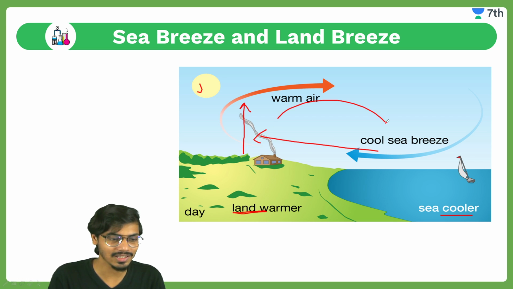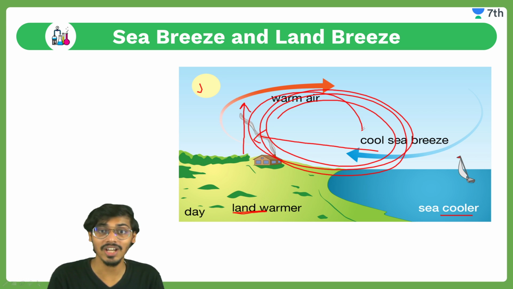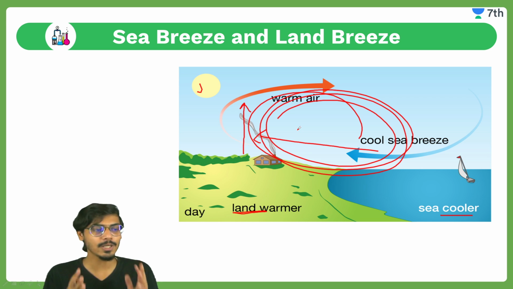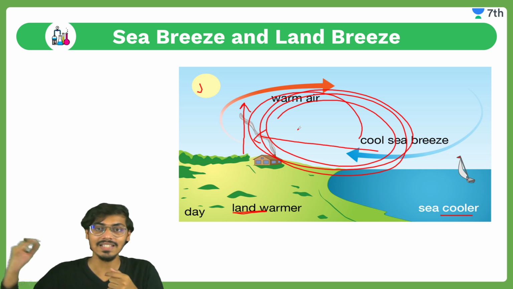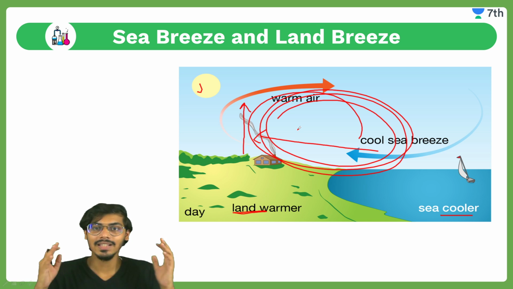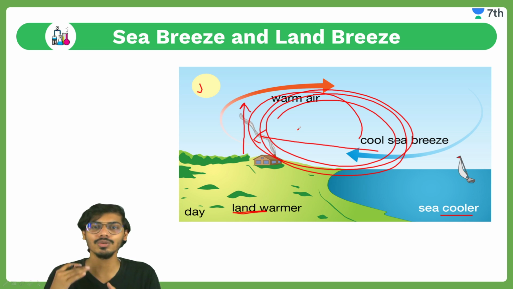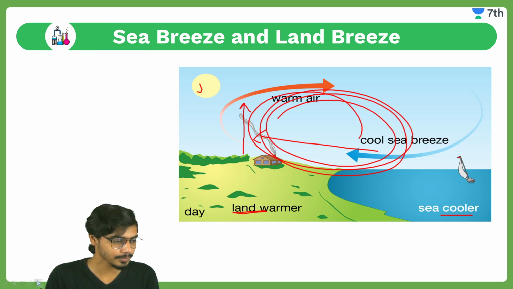तो ये ऐसा चलता रहेगा, ये ऊपर जाएगा, यहां से और आएगा. तो this is called sea breeze, क्योंकि ये समंदर से ठंडी हवा आ रही है, सी से हमको ब्रीज आ रही है. This will happen as long as the water remains cool. शाम तक लेकिन सूरज चूंकि बहुत ज्यादा देर तक रहेगा,